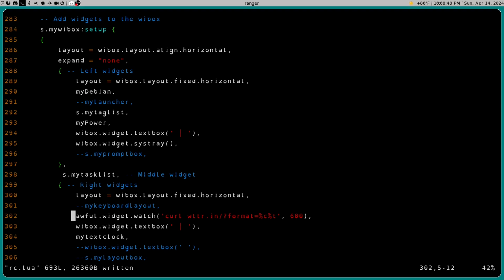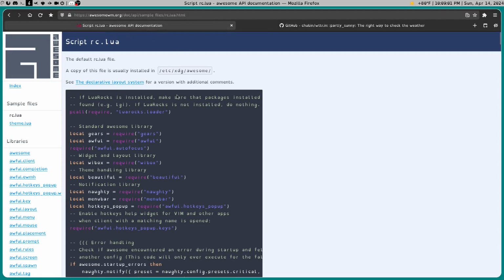Today we'll be discussing how to get the weather widget in AwesomeWM. So the first thing you'll do is go to your rc.lua file, which should be located in your home directory, ~/.config/awesome. If it's not there, then you'll want to go to this website where you can get the default rc.lua